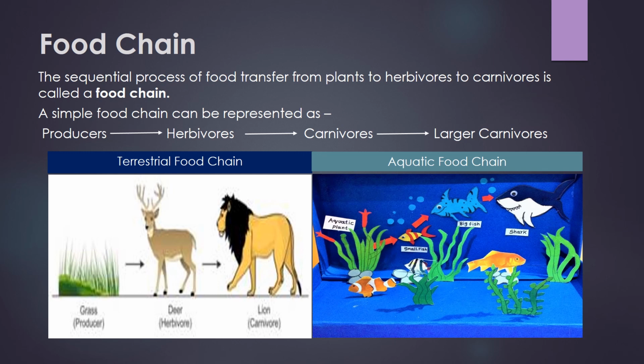A food chain shows the interdependence of animals. Interdependence means animals and plants always depend on each other, directly or indirectly. All food chains begin with green plants only, because green plants are known as producers. They are producing food for all of us. In other words, we can say all the animals directly or indirectly depend on green plants for their survival.